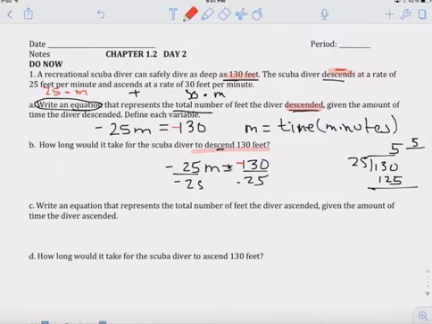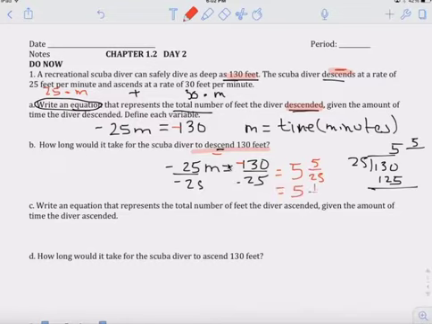So you noticed, I said, that doesn't make sense. My answer is a negative, but I know it's in minutes, so it needs to be positive. I said, what did I do wrong? Oh, it's descending in minutes, so it's going down 130 feet. So it takes 5 minutes, 5 over 25, which is